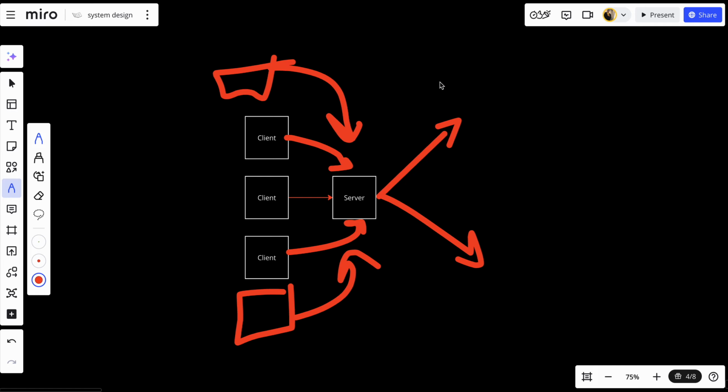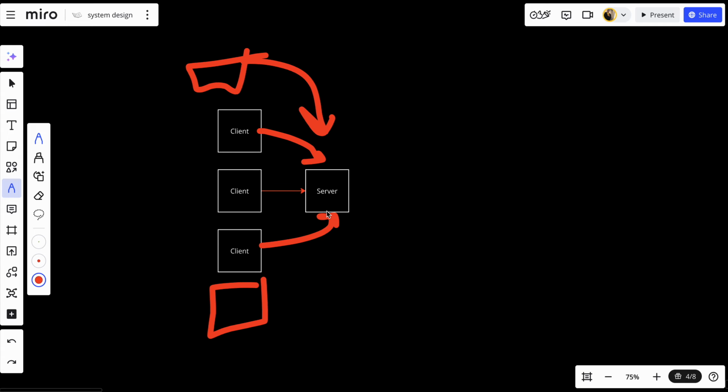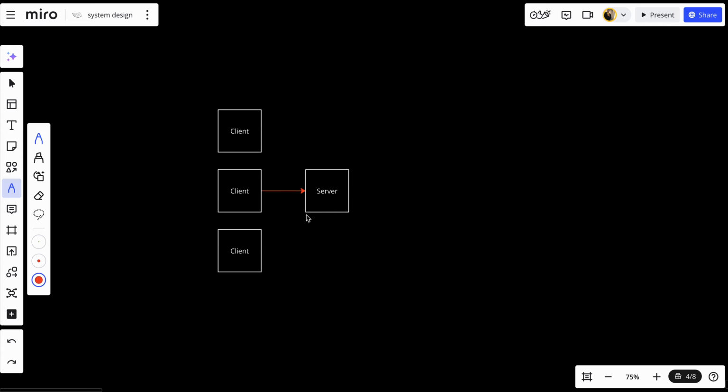Basically, let's start with vertical scalability. Vertical scalability involves adding more power to your server. So basically, let's just delete everything here. Vertical scalability is adding more power to our machine. It's a straightforward solution, but it has its own physical limits. We can add more RAM, more CPU, more storage. So it's basically like an upgrade to a more powerful machine. It's straightforward, as we said, but it has its own limitations.